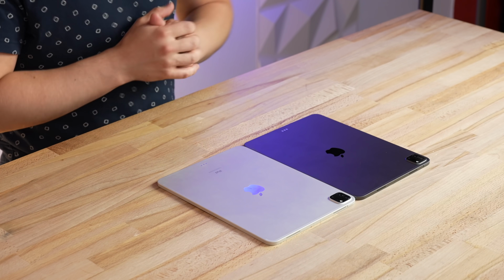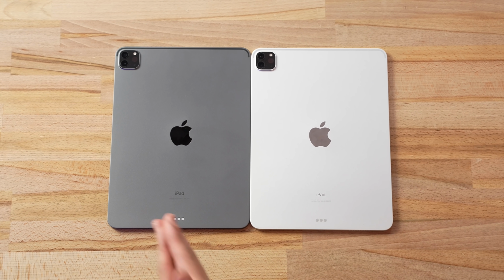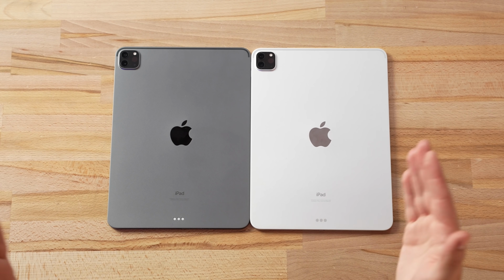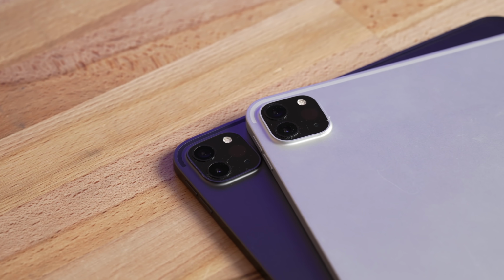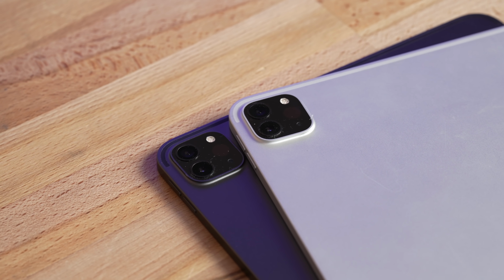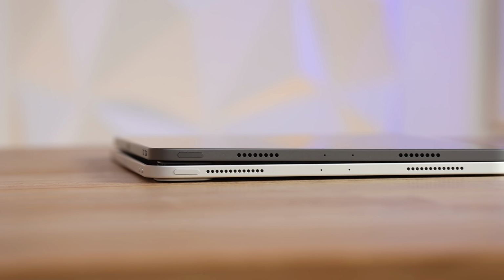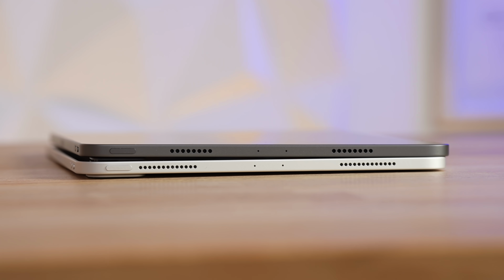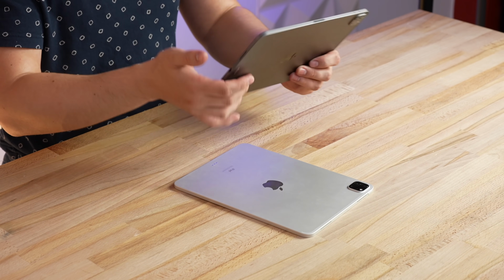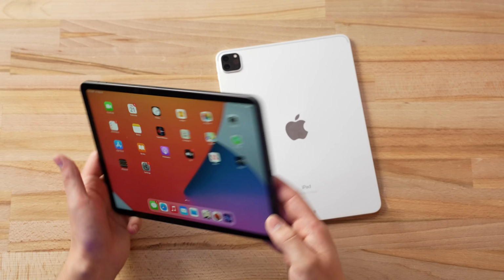All right, now starting on the back, you can see that they're basically identical. Obviously this one's space gray, this one is silver. We have that dual camera setup right there with the LiDAR scanners, the flash, and the microphone. Everything on the back is basically identical, but if you look at those speaker grills, you can see that there are less of them on the new iPad Pro, and they are closer to the center. That's gonna be nice when you're playing some games and holding it like this. You have less of a chance of blocking those speaker grills,